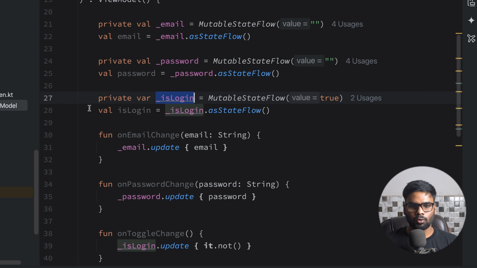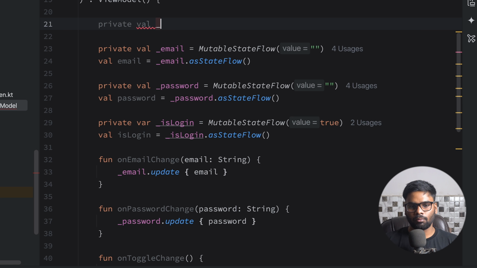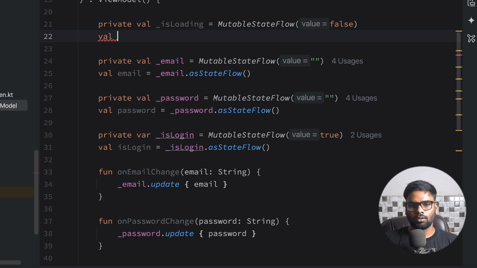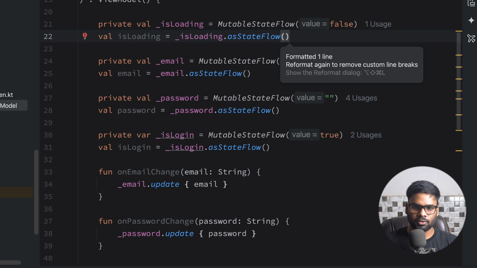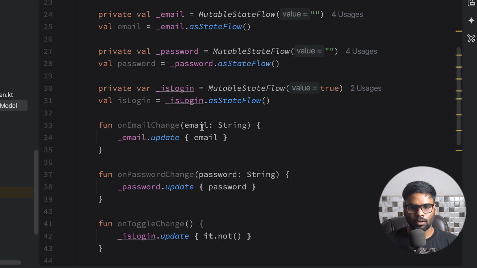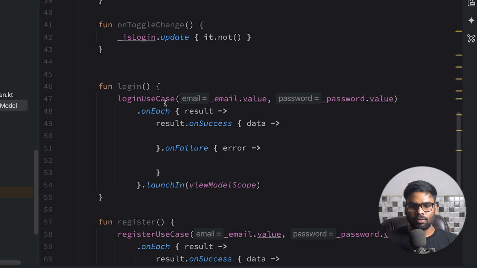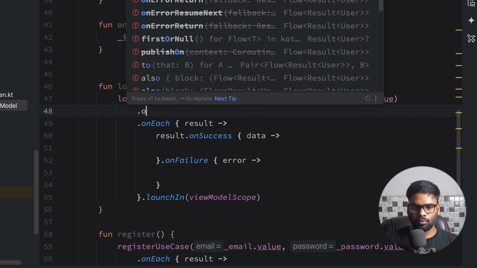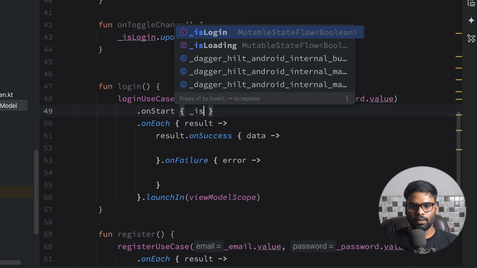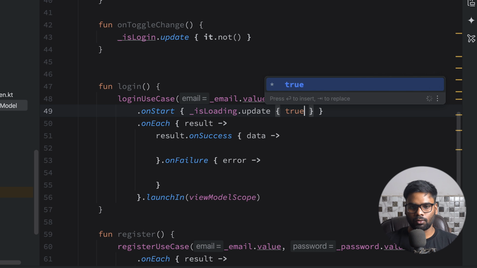For that, go to your authentication view model, and here on the top I'm gonna create one more variable named is loading, which represents a mutable state flow. Initial value is false, and I wanna create one more variable which is used to expose this mutable state flow in the form of state flow. Now when we start this flow, I want to update my is loading. So is loading update to true,